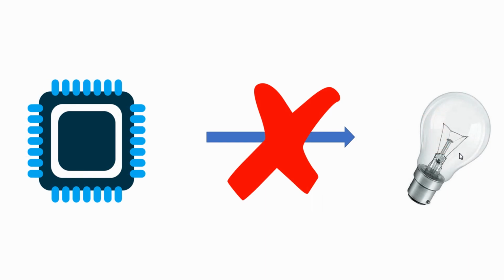But for controlling a 230 volt or 110 volt AC light bulb, we cannot directly connect the terminal of the light bulb to the GPIO of the microcontroller. As we know, our microcontroller will mostly be operating between 3.3 volt to 5 volt DC, and this light bulb will glow only with the help of 230 volt or 110 volt AC, which is a higher power signal than the signal that is delivered from the microcontroller. So here comes the purpose of the relay for controlling high power devices.